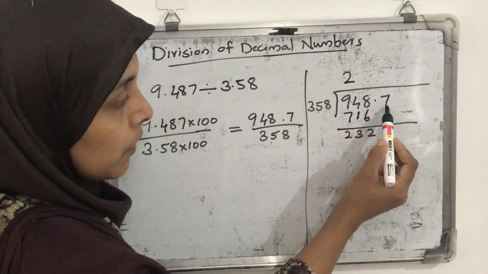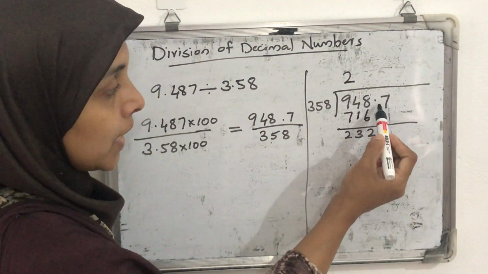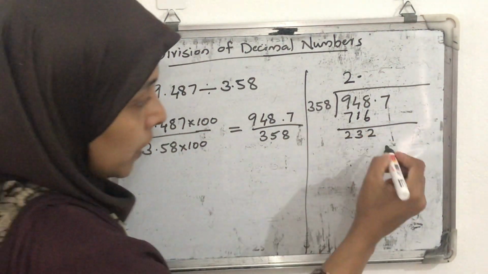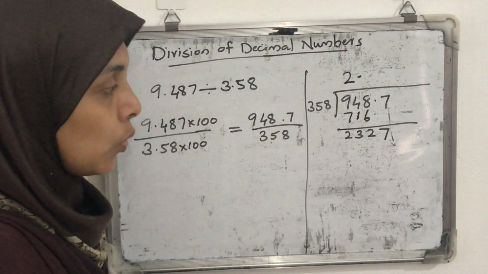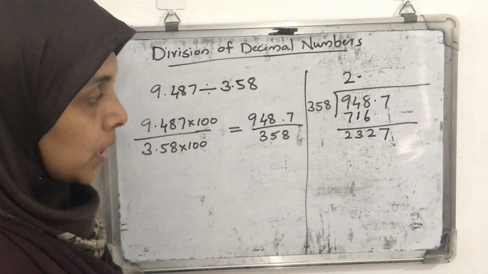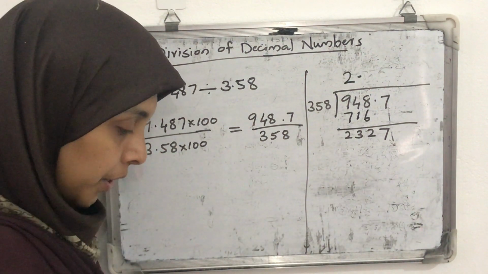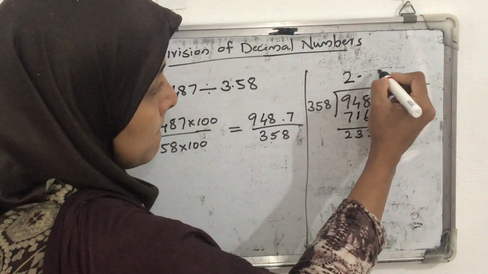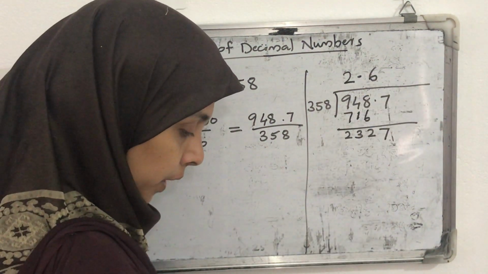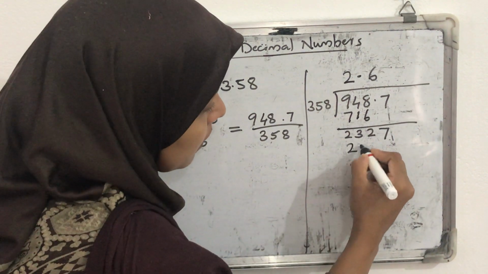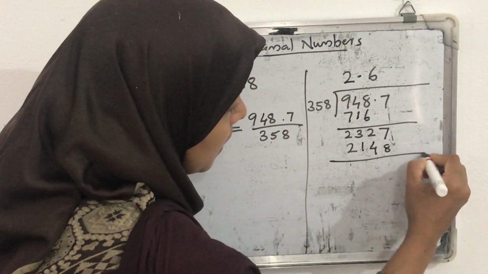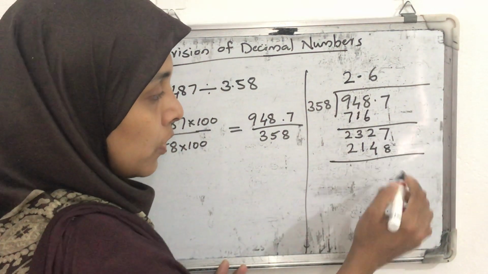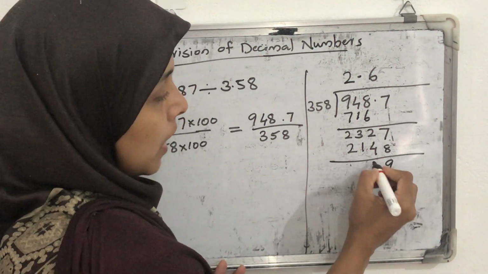Next, before bringing down the next digit 7, there is a decimal point. That decimal point we want to insert in the quotient part. After that, bring down that number 7. Now the number is 2327. When we divide by 358, we will get 7. Not 7, 6. So 6 into 358 becomes 2148. All of you check it is the same. I am doing it fast by looking there, otherwise we will not get time. Then 7 minus 8 is not possible. 17 minus 8, 9. 11 minus